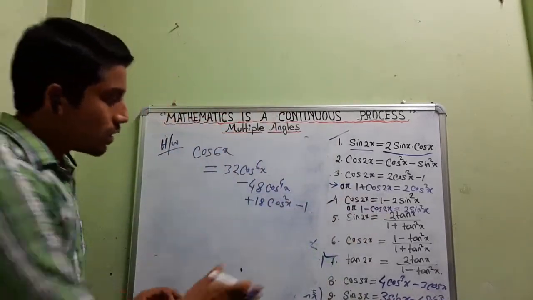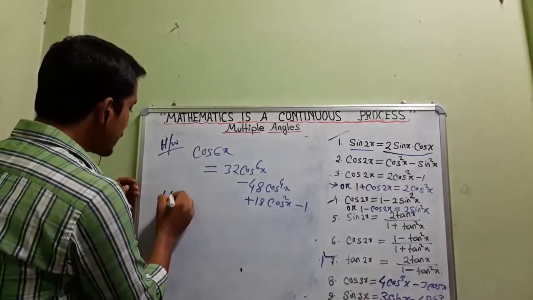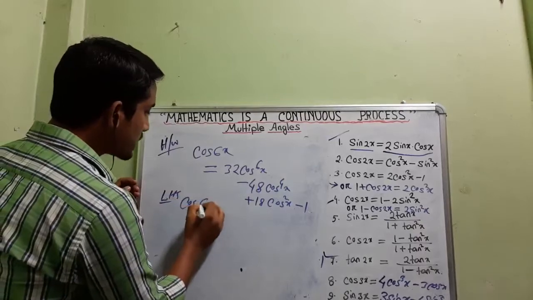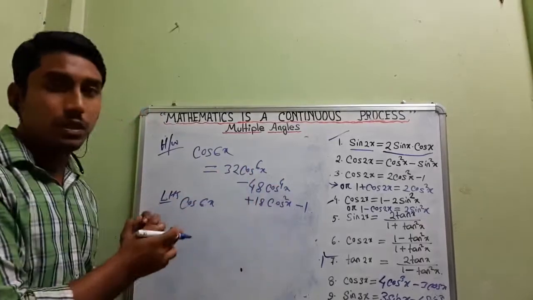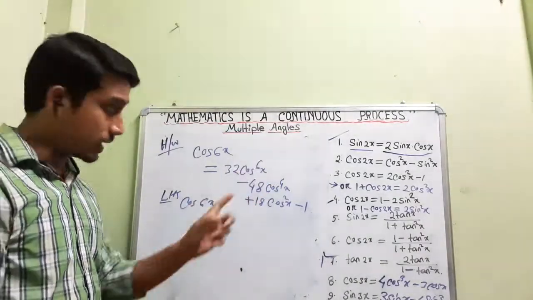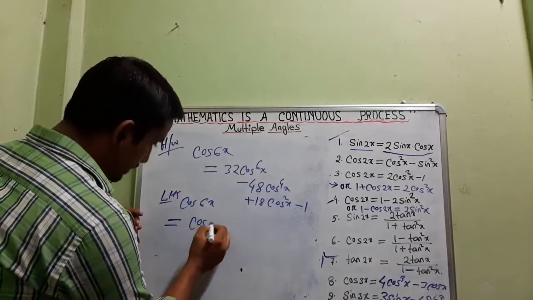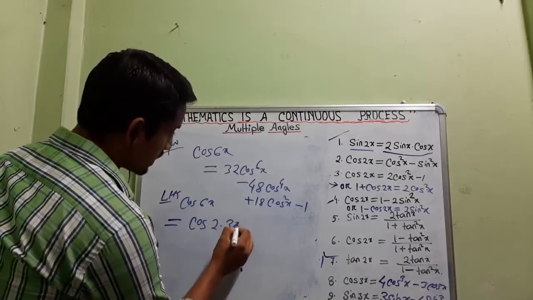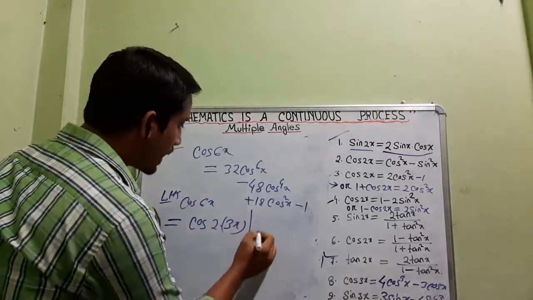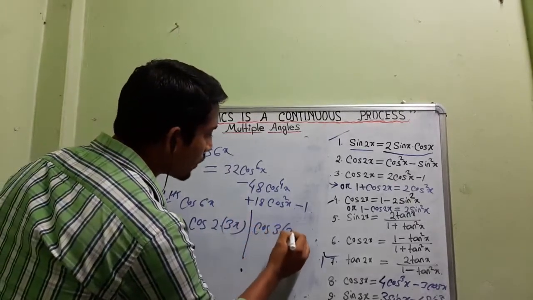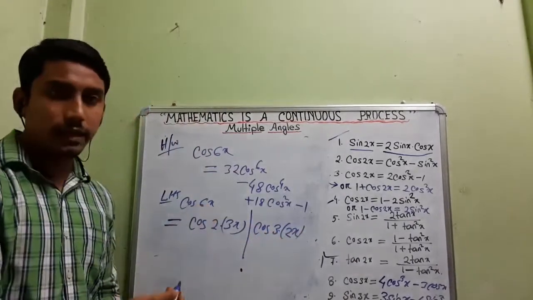So what I am telling is, in solving this problem, suppose cos 6x, obviously you will start from the left hand side. So cos 6x is there, all the angles are simple, power may be bigger, but angles are simple, only x. So cos 6x we can break either as cos 2 times 3x, or as cos 3 times 2x. In both situations we are getting 6x.